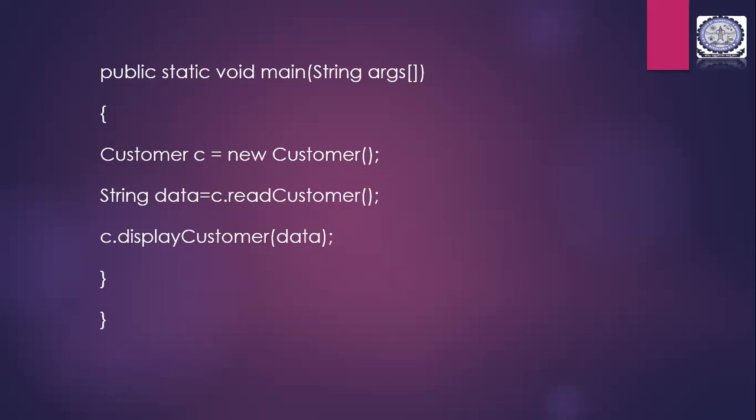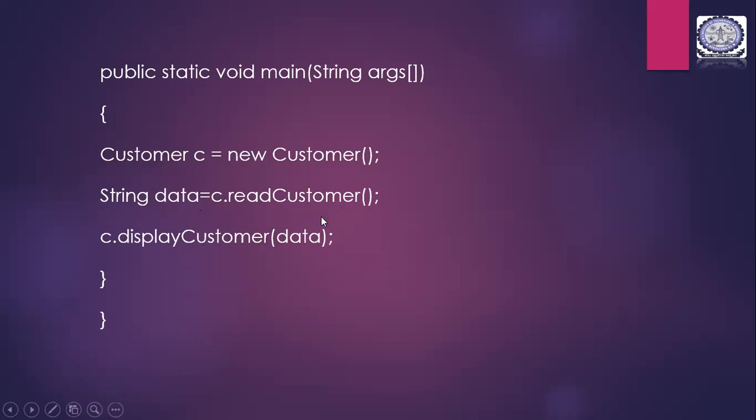You have to take a new array here. So you have to define an array here. So that is not required. They've asked us to just put in the value for one customer. So we are taking one object value here. So this is one object of the customer class, and you are allocating the memory using the constructor here, and the string data, the value for the data variable, is given through the readCustomer method.